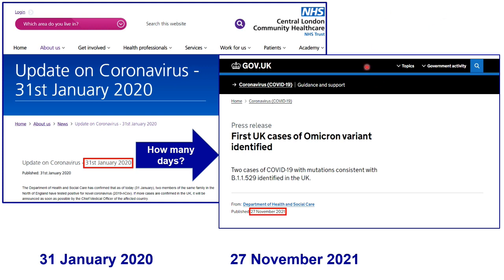So I thought I'd check it out. So here we've got the NHS Central London Community Healthcare, and it was indeed reported on the 31st of January 2020